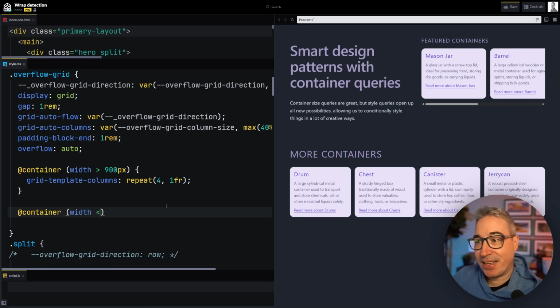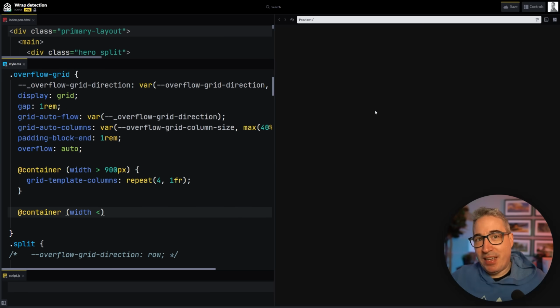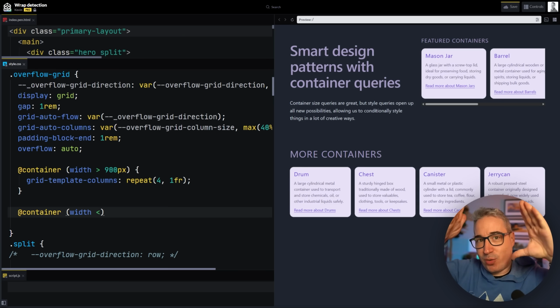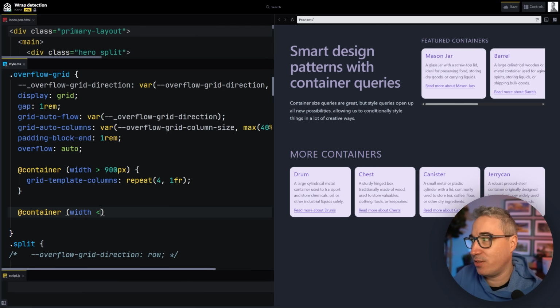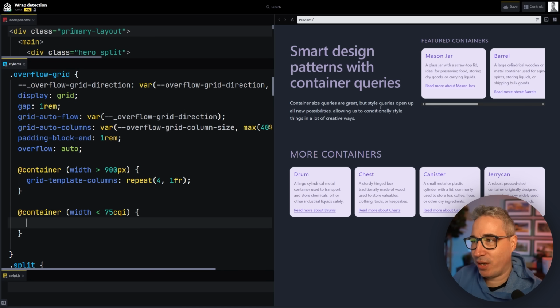And this time I'm going to say less than, because I want this to happen if my container's in a split situation. I've already handled the other parts. If it's full size, it's completely fine. Now I'm handling when we're getting into the smaller situations, but not smaller screen sizes, larger screen sizes when it's getting pushed into a smaller space, right? So here then I can say less than 75 CQI,